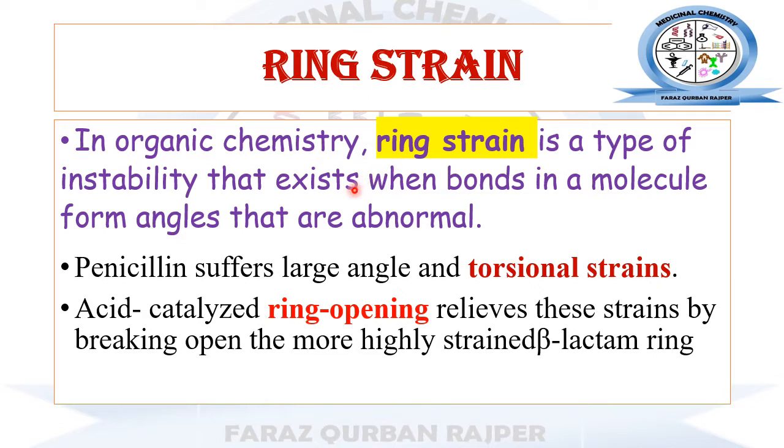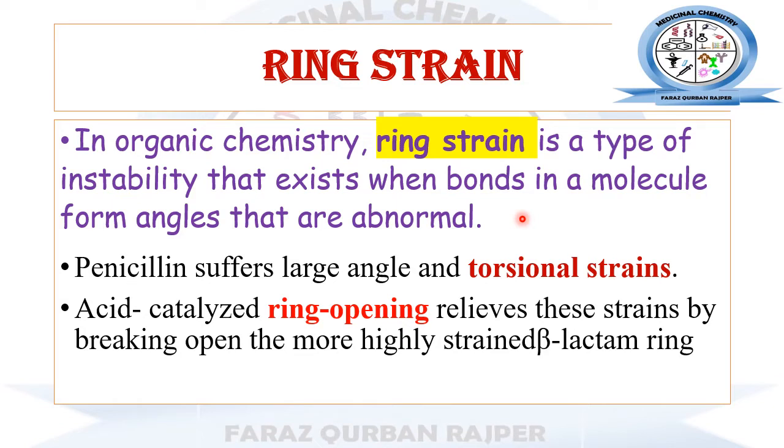So once instability occurs in the molecule, the reason behind it will be an abnormal angle, meaning a disturbed, unstable bond angle is present. Due to that, ring strain will occur,